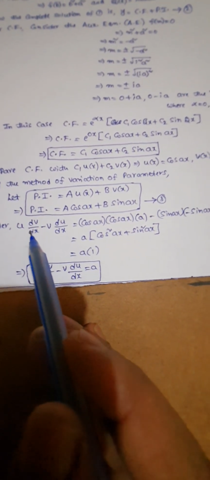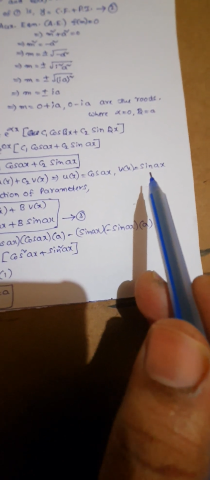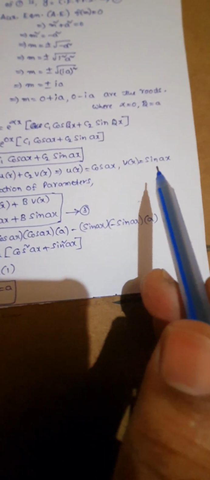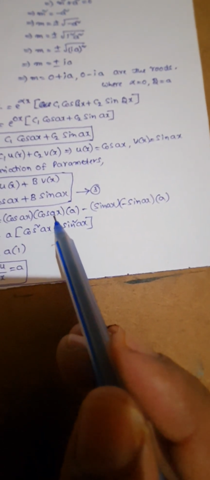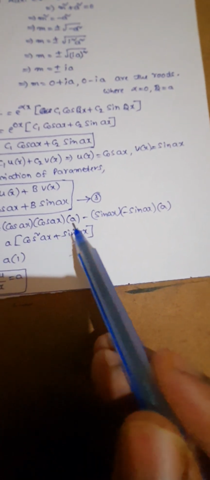What is dv/dx? dv/dx means the derivative of v with respect to x. This is v, which is sin ax. Take the derivative of v of x, which is sin ax, with respect to x. What is the derivative of sin ax? cos ax, and let us imagine ax as x, therefore cos ax into the derivative of ax, which is a. That is the derivative of sin ax, which is the derivative of v of x. So u dv/dx is cos ax into a, minus